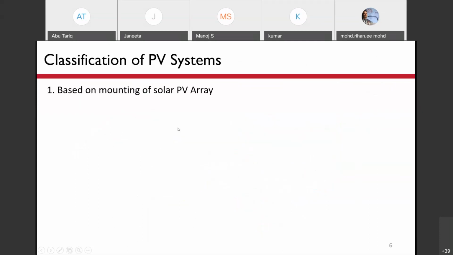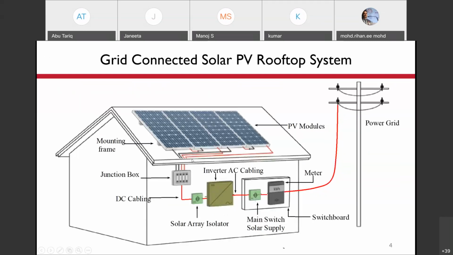So there are actually 2 connections coming out, one from one set of modules and the other from the other set of PV modules. These come to the junction box, or we call it a combiner box, where these series connected PV modules are connected in parallel. The output we get is one cable, and this cable connects to the inverter through some isolator.